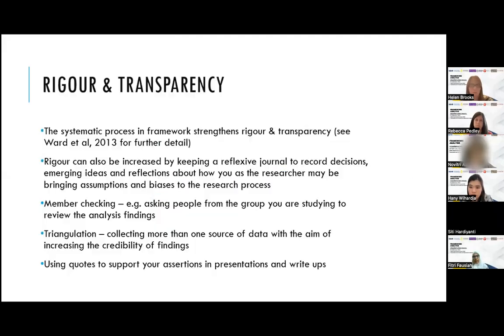Okay, next one. I'm going to talk briefly, because we're nearly at the end of our time, about how we can ensure rigor and transparency in our framework analysis. As we've already said, the systematic process in framework analysis, the development of that matrix, really strengthens rigor and also transparency. You can see how when you're filling that matrix in, you're developing your audit trail